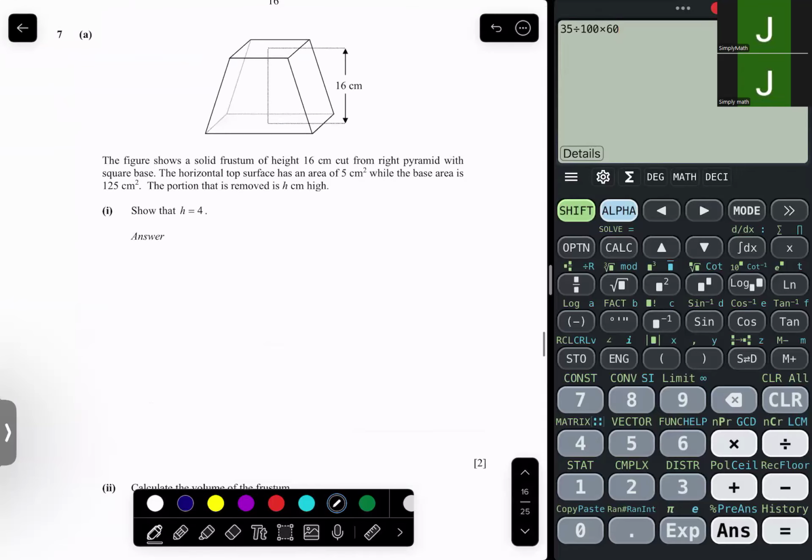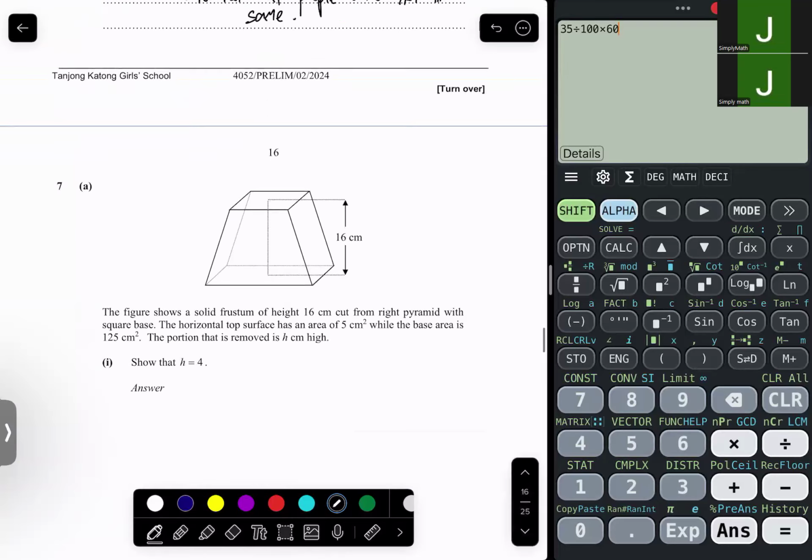Question 7. The figure shows a frustum of height 16 cm cut from a right pyramid with a square base. The horizontal top surface has an area of 5, while the base area is 125. The portion that is removed is h cm in height. Show that h equals 4. So if you extend out the figure,